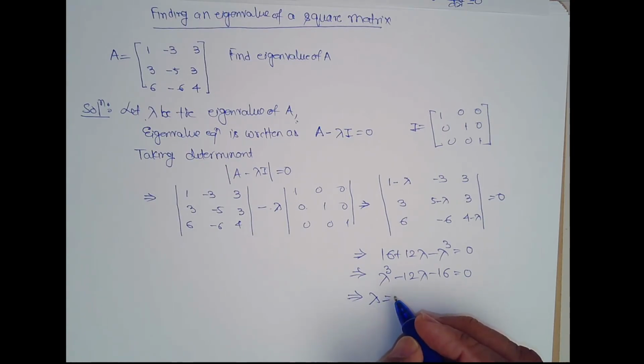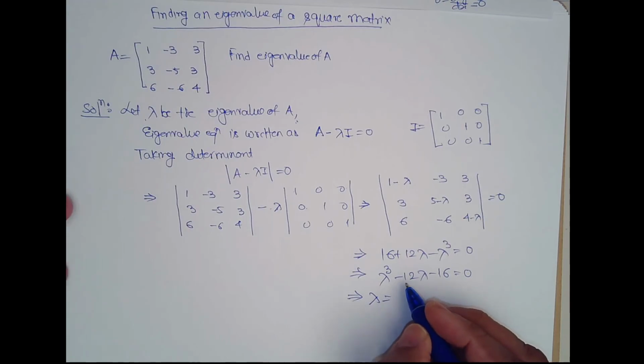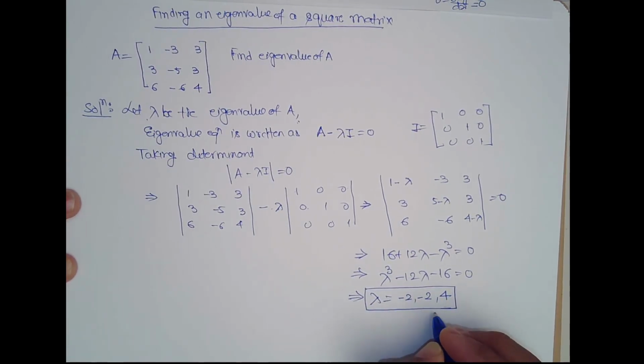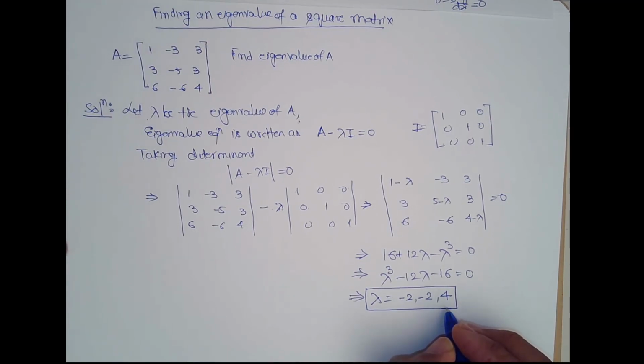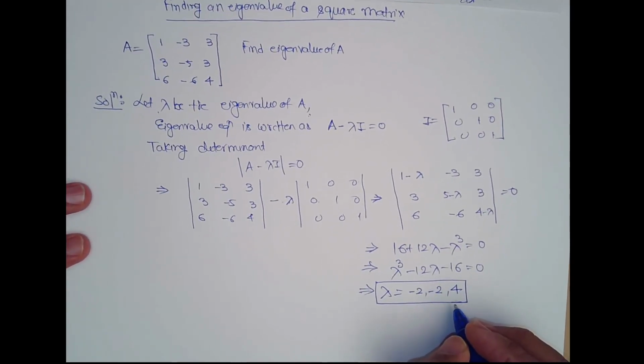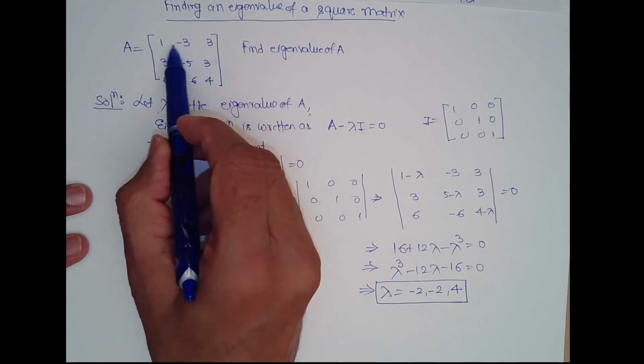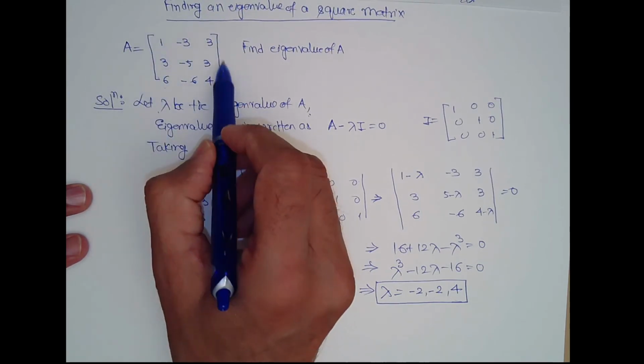Once it is a cubic equation we have some solutions. Just check it, there is a repeated solution, and find it out. So lambda may be minus 2 and 4. This is called the eigenvalue of a matrix. Now we defined a positive definite matrix and a positive non-definite matrix. Is it a symmetric matrix, row equal to column? No, it's a non-symmetric matrix.